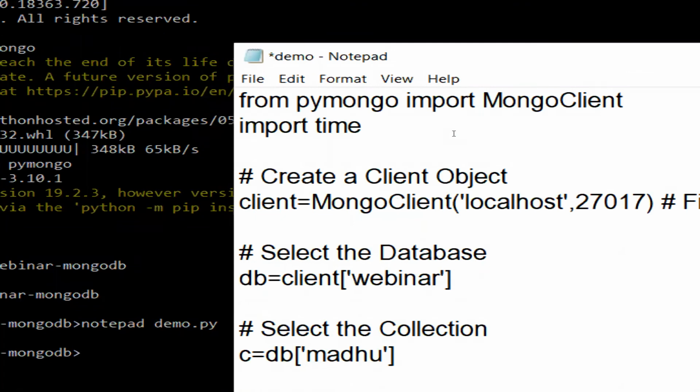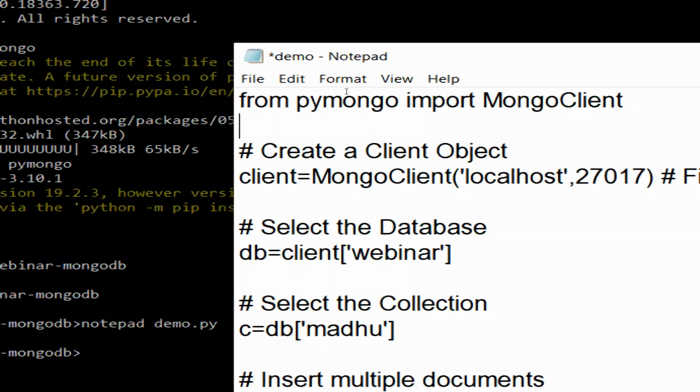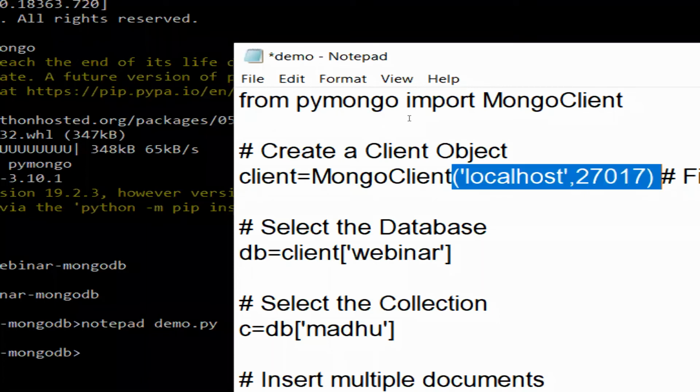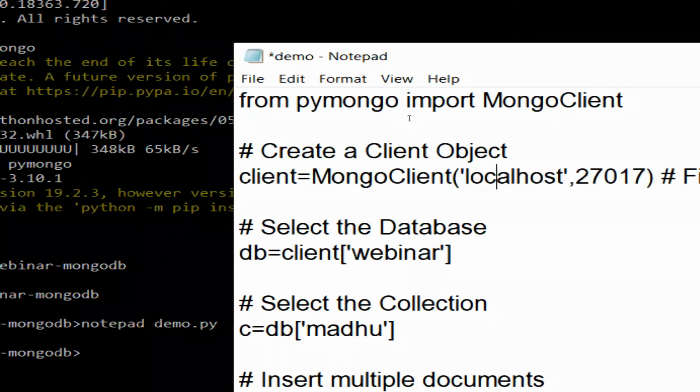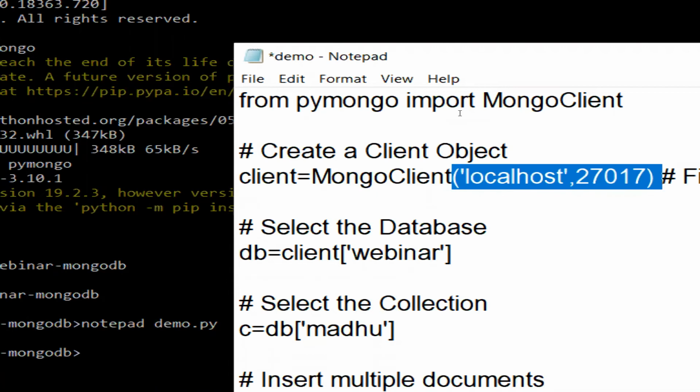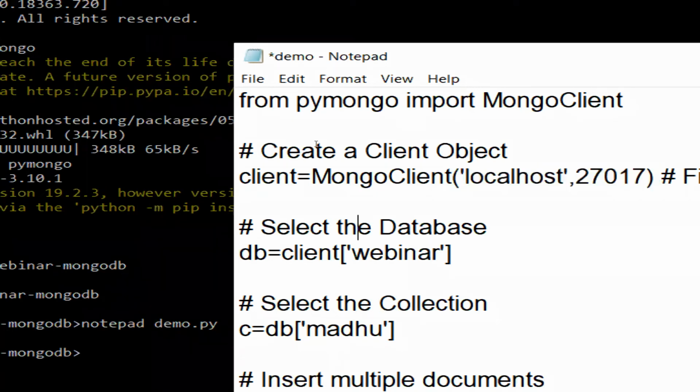We have to import the client package, which is MongoClient. Time is not necessary. If you want to put some time delay, you can write time. So creating a client object, client = MongoClient of the IP address, which is nothing but localhost, because it is running on my machine only. 27017 is a fixed port number. And then I have selected the database. If no database exists with this name, a new database will be created.